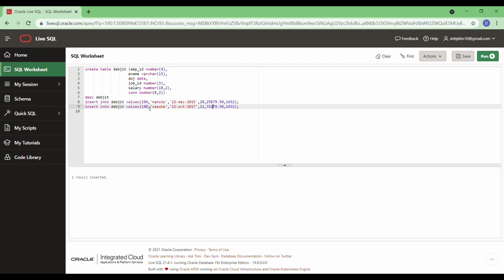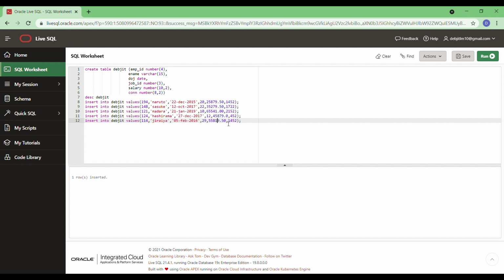You can give any random number you want, but remember that the value should not exceed the sizes we have written. Like the salary should be of 8 digits before the decimal and 2 digits after the decimal. It should not exceed that. Okay, so we will enter some more rows like that. See, I have entered one more row now, so I will enter some more rows like that.